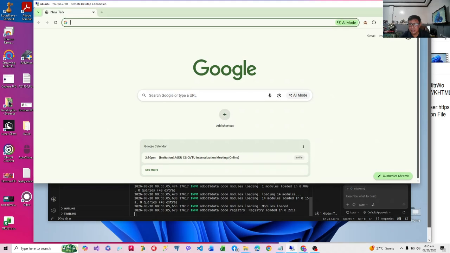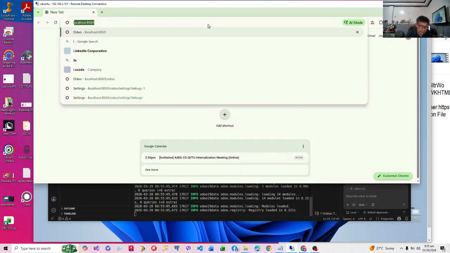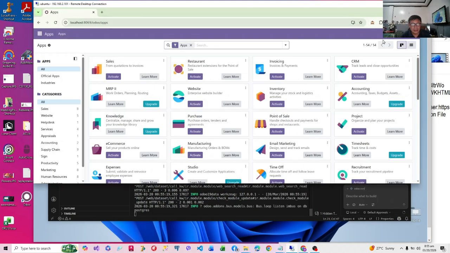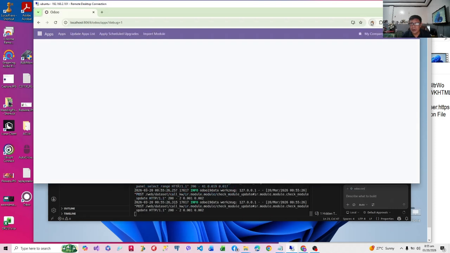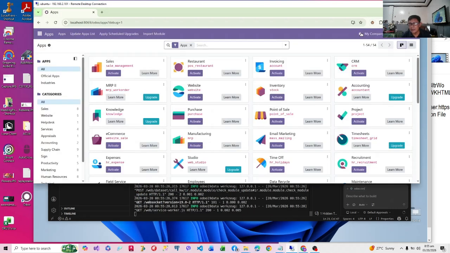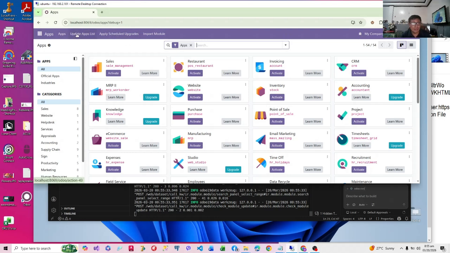Then we open our browser. We go to our newly installed Odoo website. You can log out if you like, and then we switch to the developer mode, rather the debug mode. So we are now in the debugger mode. We go to apps right here. If you're not there, you go to apps. Make sure you are in the debugger mode, and we have to do an update app list.